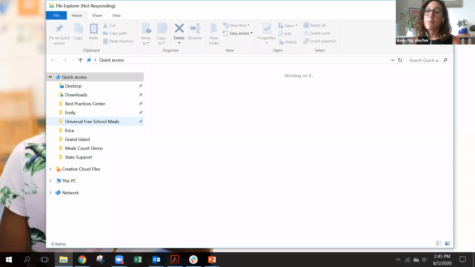If that number, that ISP, is greater than 40%, you can adopt them together as a group, even though you have a school in that group that on its own is not individually eligible to operate CEP. So grouping is a strategy to both maximize federal reimbursement, but also to maximize the number of students and schools participating in CEP. I will share a basic example of what that looks like after, because my file folder is not responding at the moment.